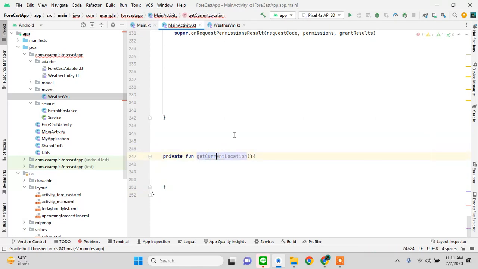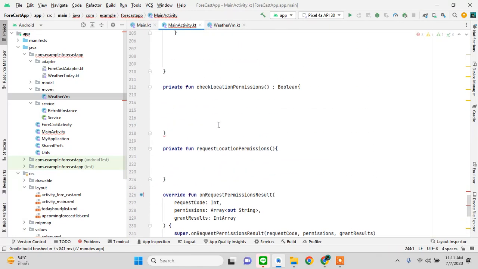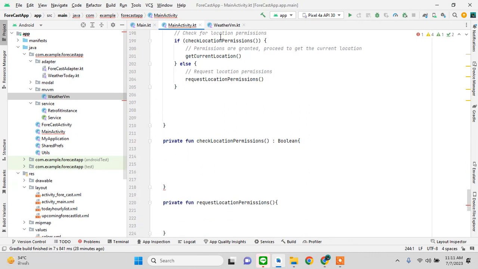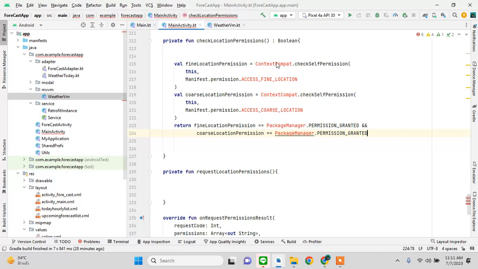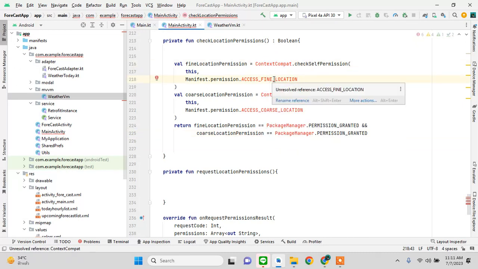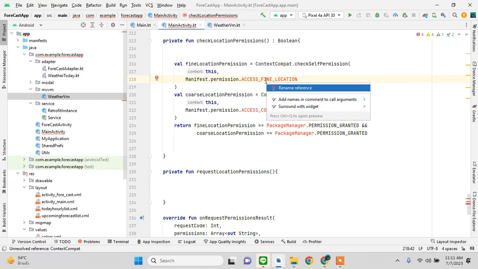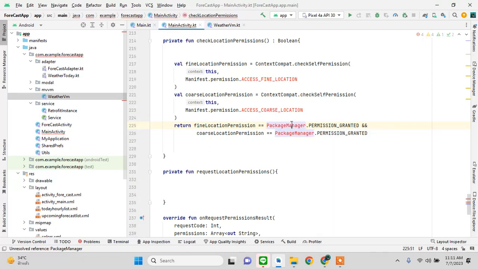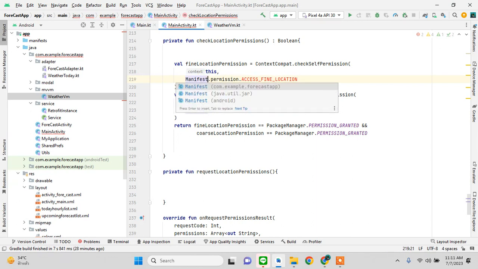Okay, the spelling is wrong. Okay, yeah, now that will go away. Okay, this is great. Now this is really simple, so I'll just put it like this is the location code, so no explanation needed here. It's basically checking if we have granted the permissions, because whenever we run the app it will prompt a permission, right? We can just check and see manifest,